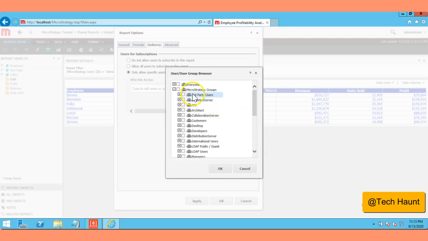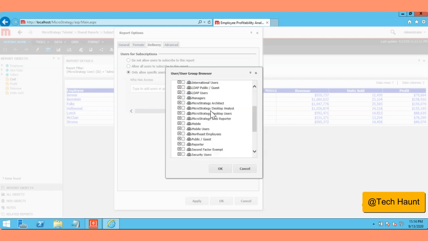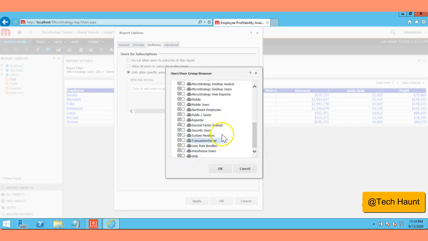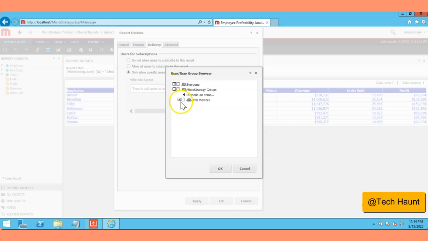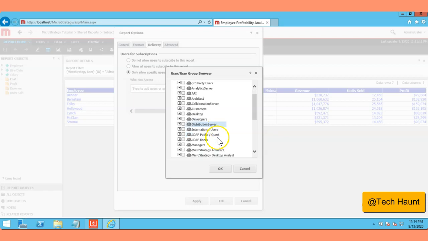You just need to expand them, and you must have something like Analyst. There's the Desktop Analyst, and next 30 more items. We have a couple of them, the Viewers, Analytics Server.